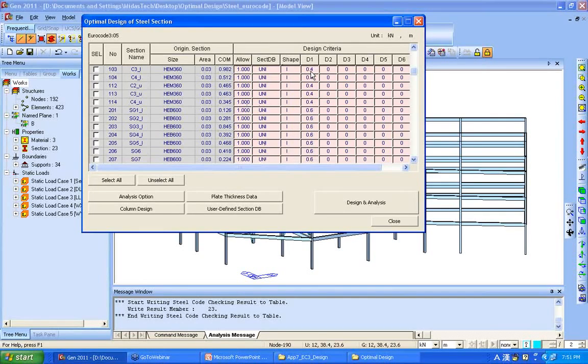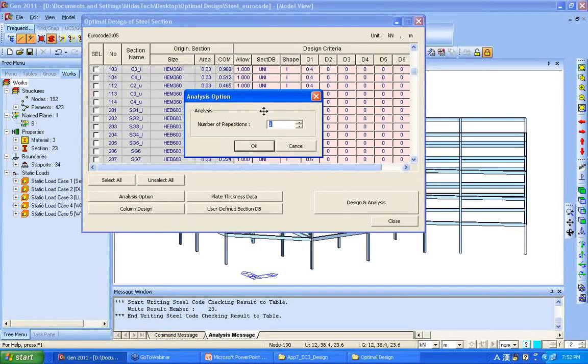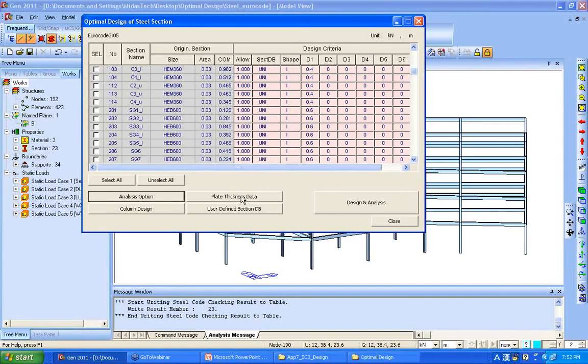actually we will use the UNI section with the shape I. This D1 represents the height of the section, so the program will find the optimized section based on this value. Plus or minus 5% of this height will be checked in the UNI section database. And I will define the number of repetition. This time, to save time, I just define the number of iteration as 1, click OK, and